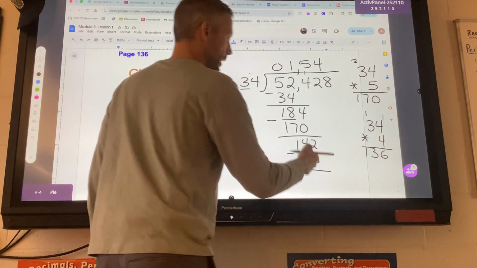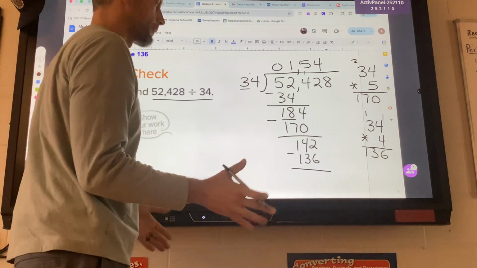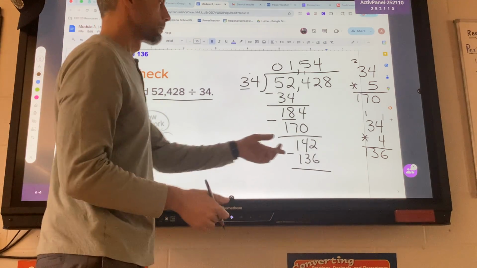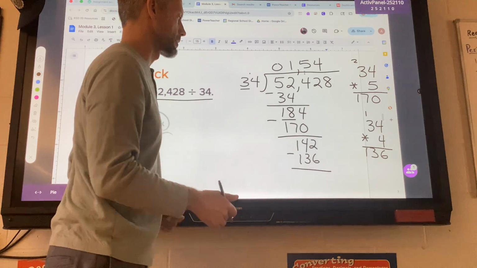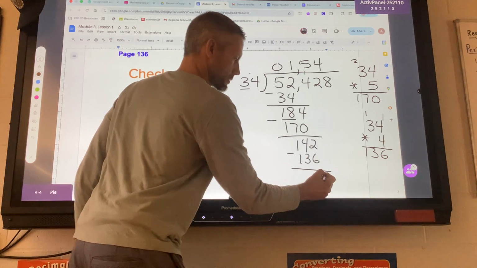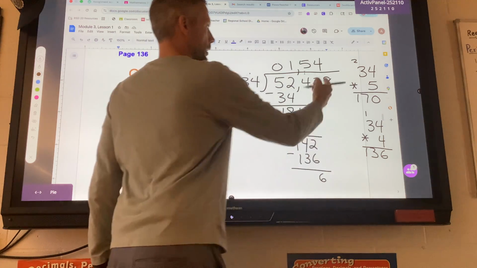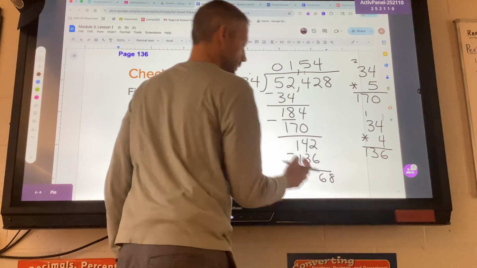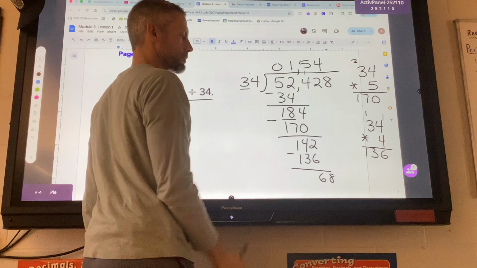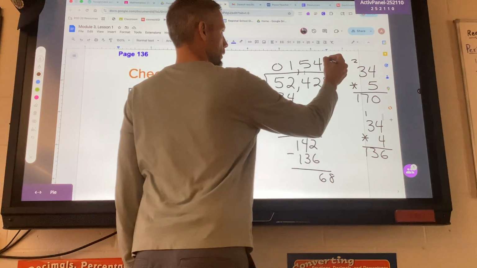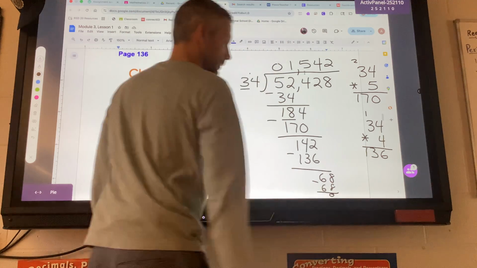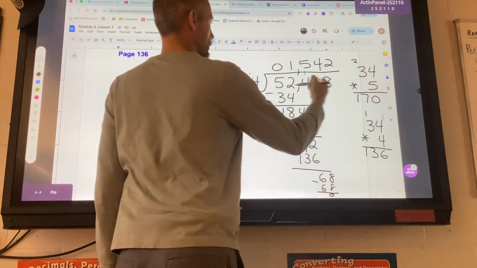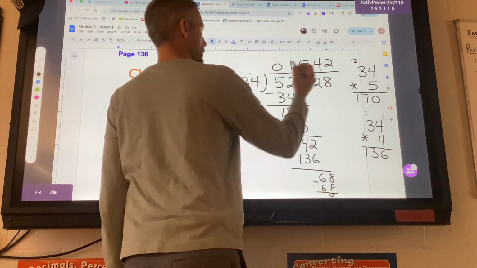And again, I would not borrow from the 4 here. You can if you're more comfortable doing it that way. But in my head, these are both hundreds, so it's really 42 minus 36. 36 is only 6 away from 42. I'm going to bring down my last number, 8. I don't need to write this one out because I do know 34 times 2 is 68. And we have nothing left over. So 52,428 divided by 34 is